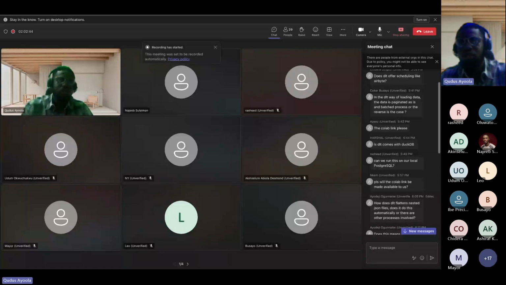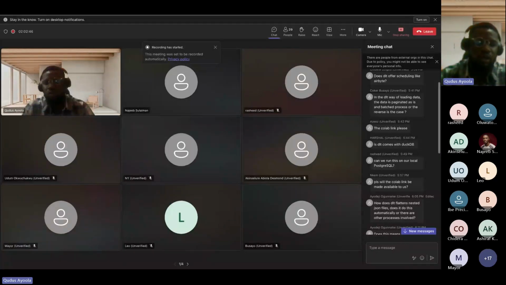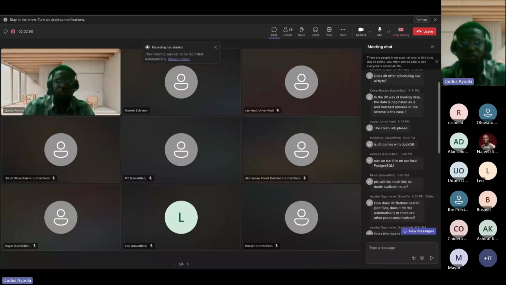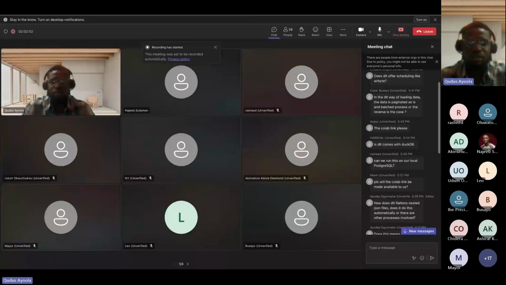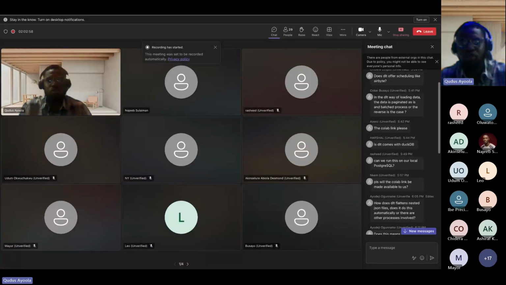That's why I used a sample that has to do with loading into a Postgres environment itself. DuckDB is like a database that you want to run in memory for testing, the same way you want to run your Postgres in order to load your data into Postgres. So it's different too.